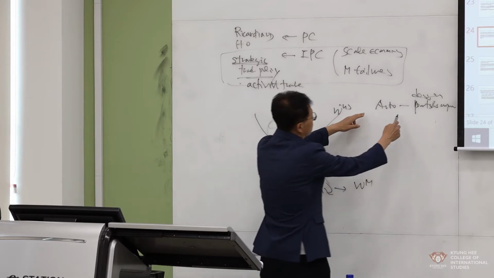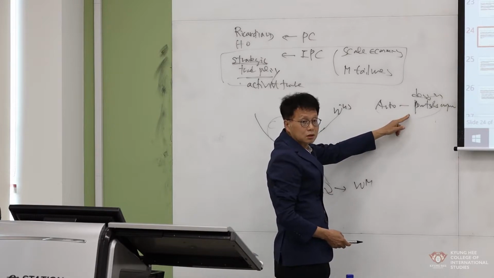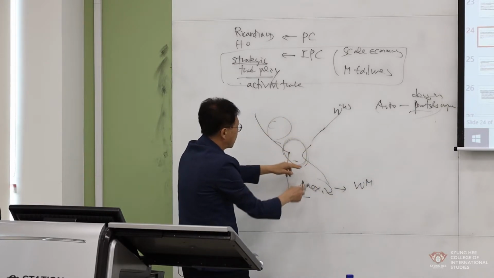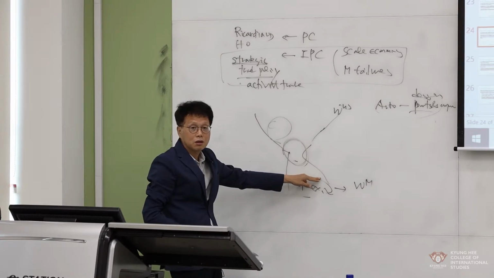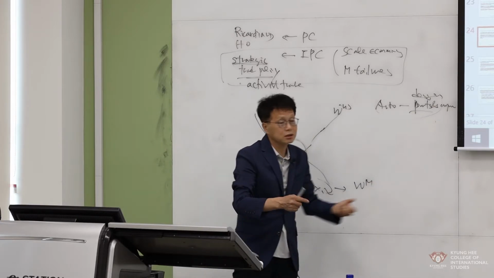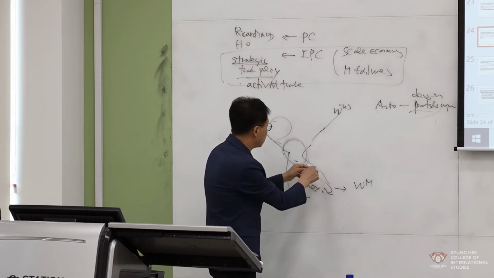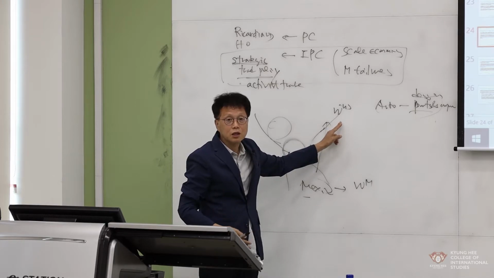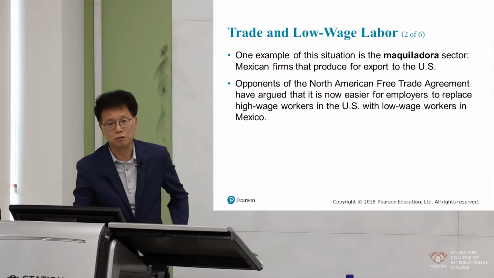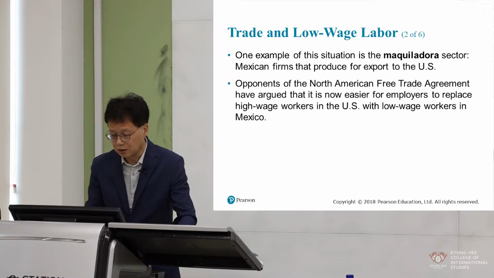So after a United States firm produces the parts and components, they are exported to a maquiladora firm in Mexico. In the maquiladora firm, the U.S.-produced parts and components are assembled, and the final car is re-exported to the United States market without tariff, for example. Can you understand? So maquiladora is a sort of export processing zone, exploiting low wages in Mexico. That is an example of this.